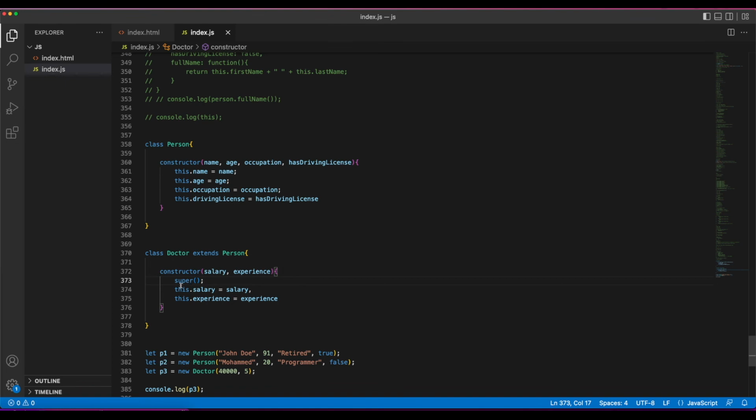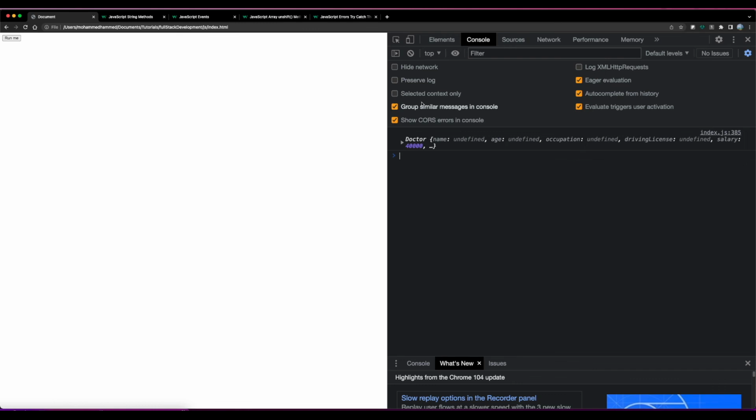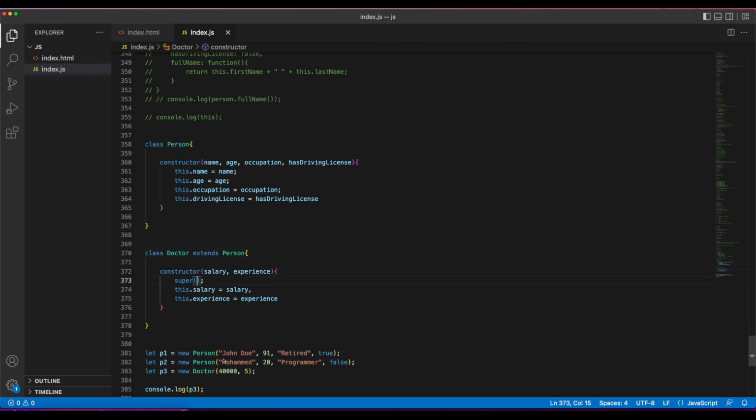and as you can see, calling super will call this function. And right here we've created a doctor class, but we've extended the person. So we have a person, the age is unknown, driving license is unknown, name is unknown, occupation is unknown, but we have experience and salary set. So usually you would have these values given in as well. So with the doctor, for example, we'll add the name, age. Name will be doc1, age will be 50, and